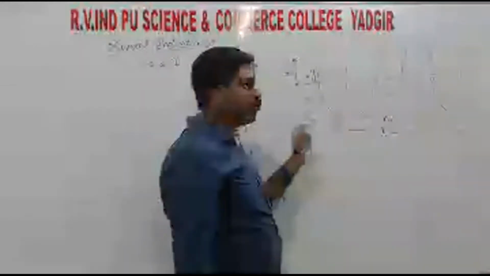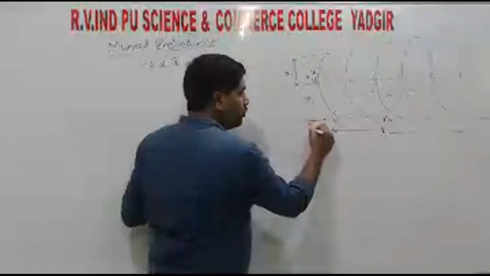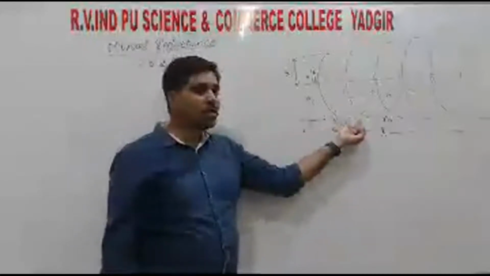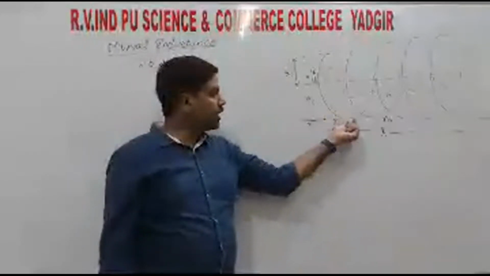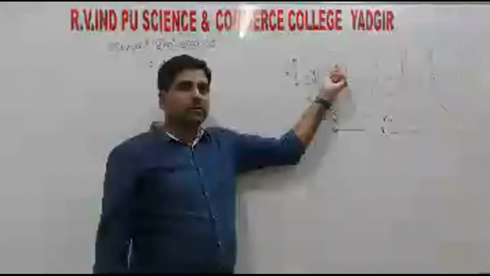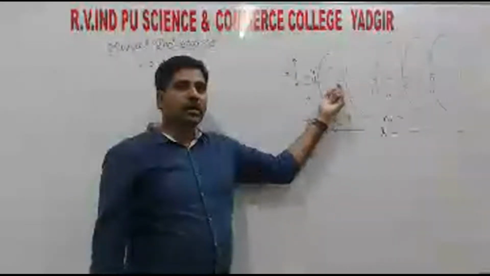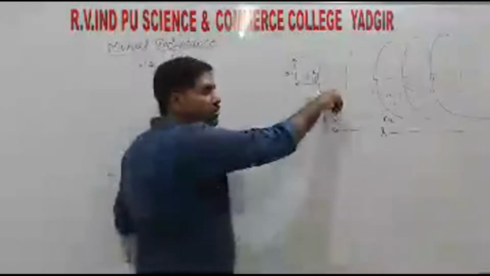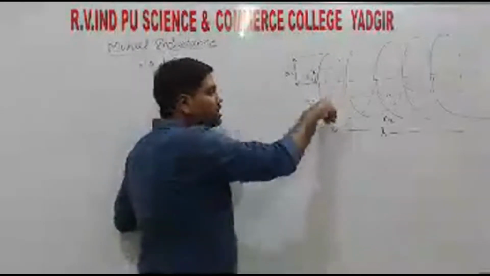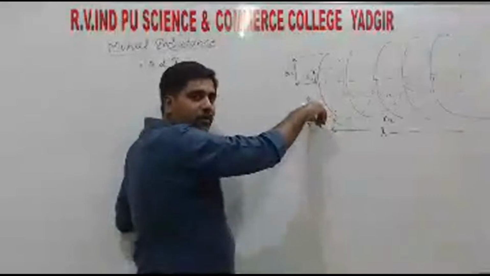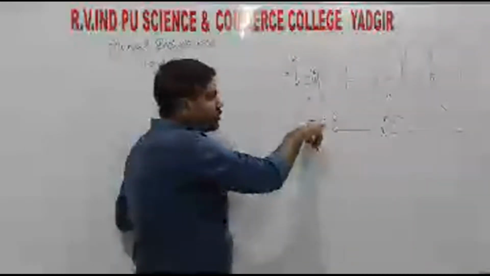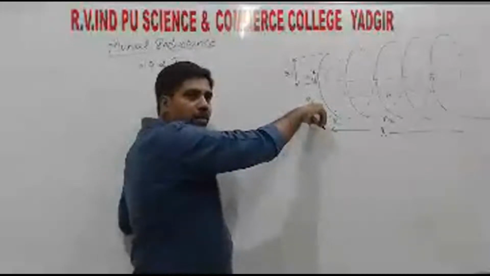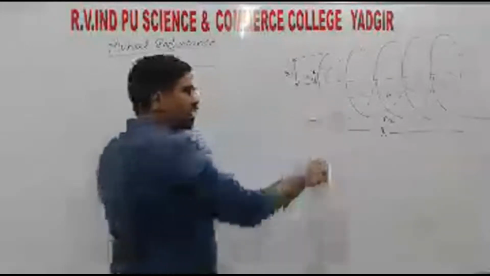So first we take current I2, right? Current I2 is the current which is flowing in the second solenoid, right? So in the second solenoid, current is flowing. If current is flowing, what is produced? A magnetic field is produced. So that magnetic field is linked with the first solenoid. Hence a current is induced in the first solenoid, right? So if we supply current in the second solenoid, current is generated in the first solenoid, right? So that's why